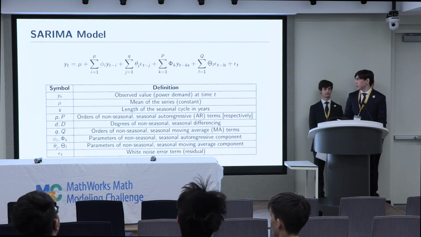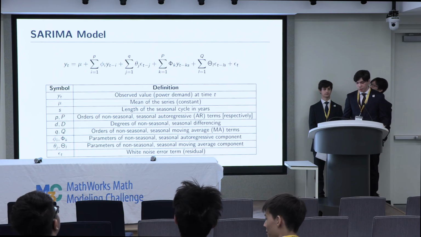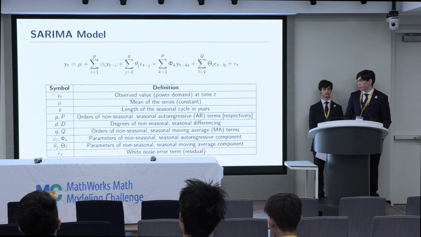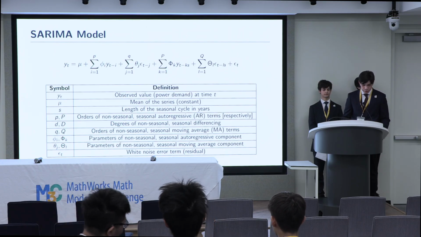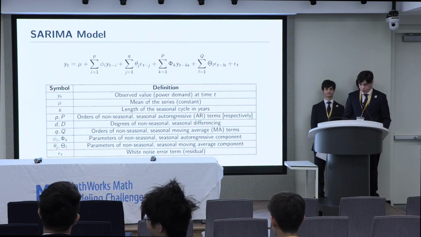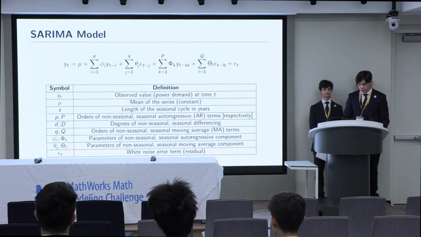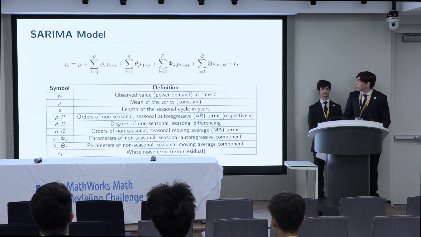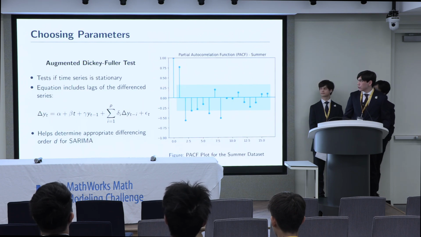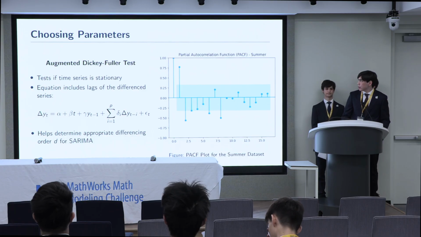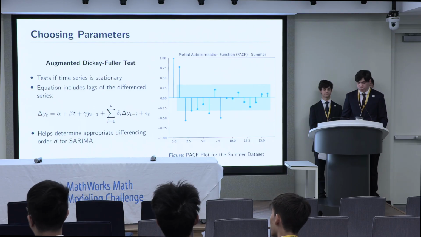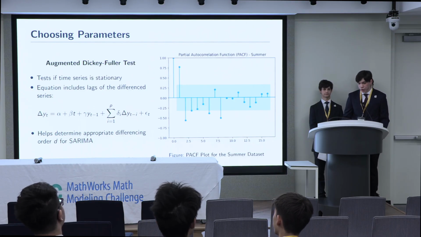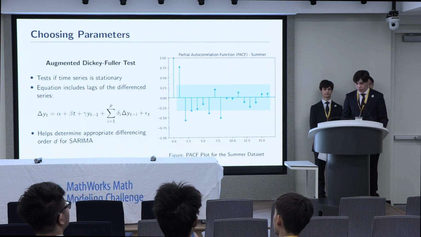So this is our SARIMA model, and it takes 7 parameters. I'll explain how we chose all of the parameters. First of all, we can straight away set S equal to 12 months, or 1 year, as it's the length of the cycle. For the values of p, d, and q, we ran an augmented Dickey-Fuller test to determine the value of d, and we plotted the partial autocorrelation function and autocorrelation function in order to determine p and q. As for the seasonal components, we used the auto ARIMA library for seasonal parameters.